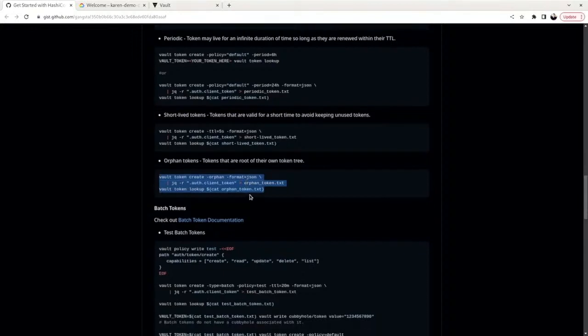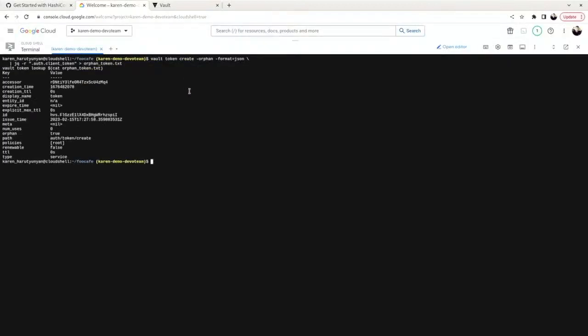So just to make sure that we also understand the difference between this one, so let's execute. And as you can see, where is it? Yeah, so I don't remember where it is, but you can see if it's orphan or not. And I don't know where it was, but there was, here, orphan, true. So that means it doesn't have any child tokens and etc.